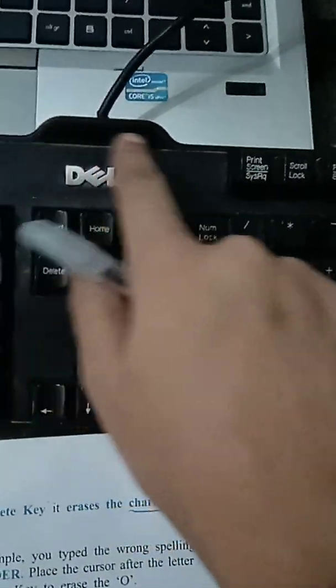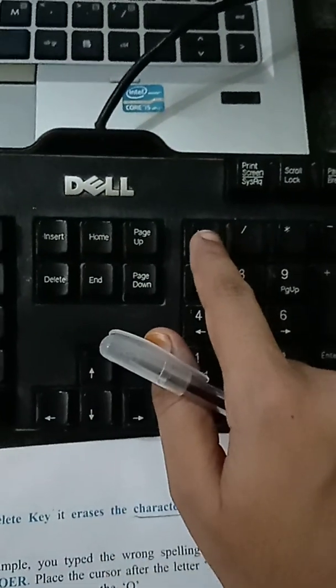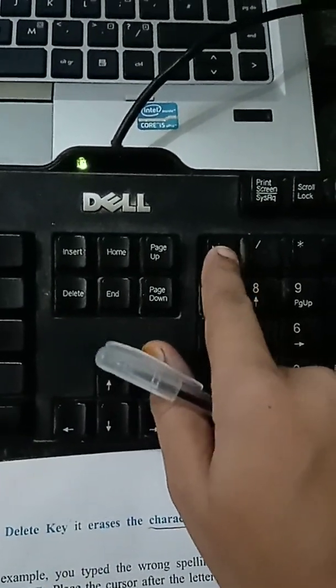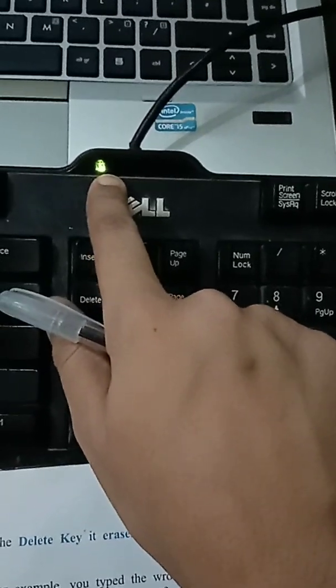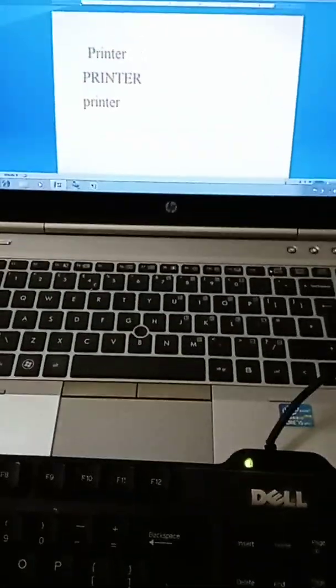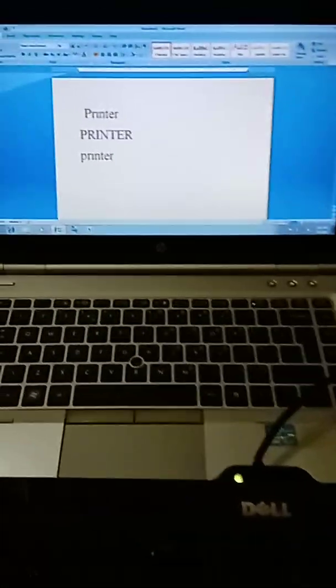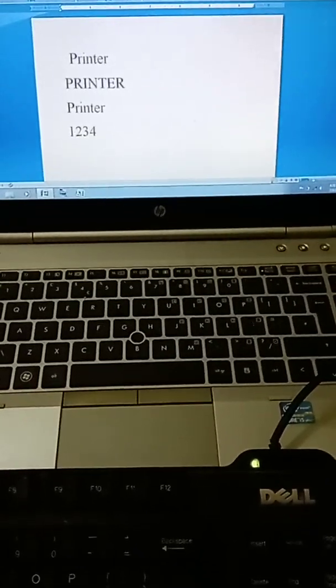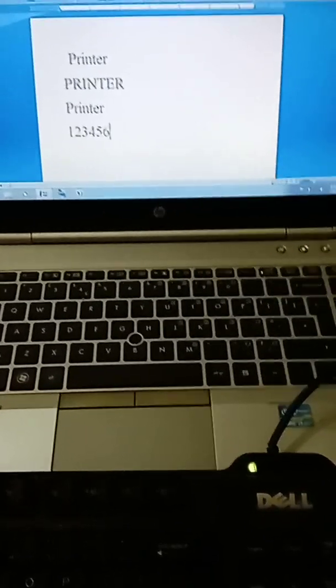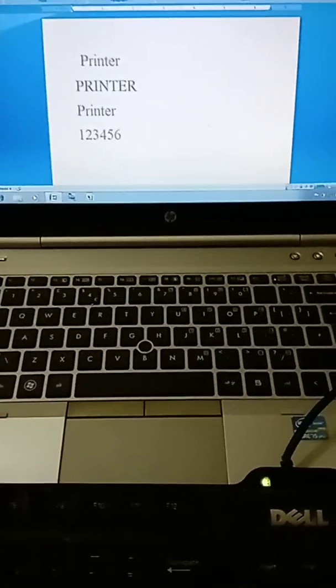Look at this, there is no light on. When we press the num lock key, the num lock light appears, and now we use the numeric keypad for typing. Look at this, we write 1 2 3 4 5 6 and so on.